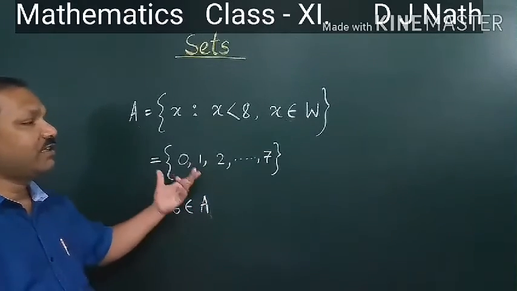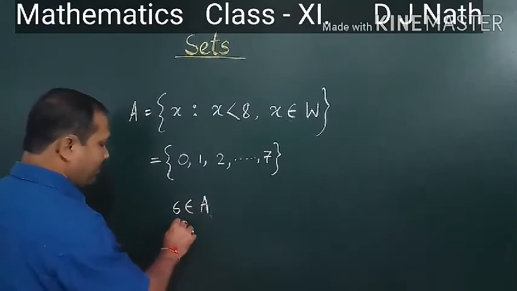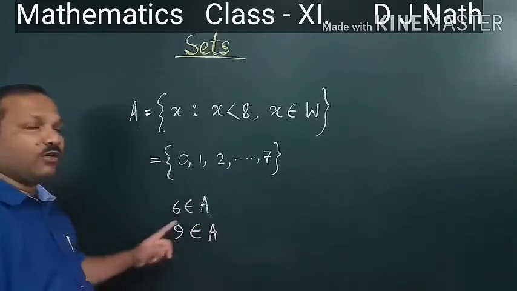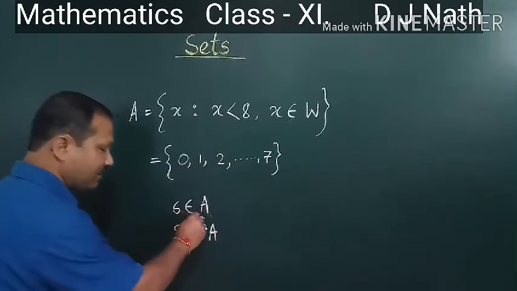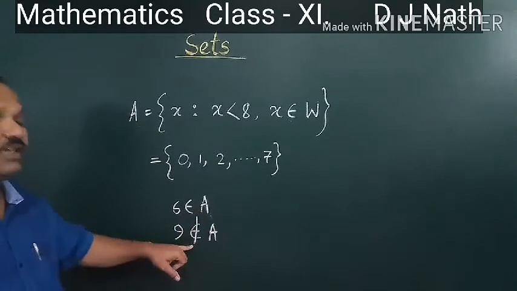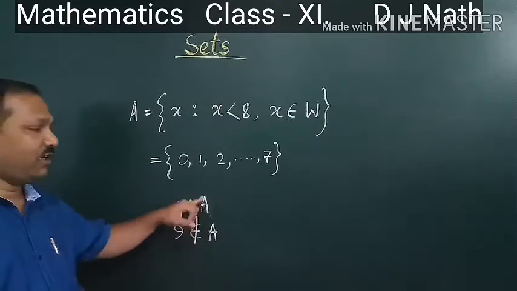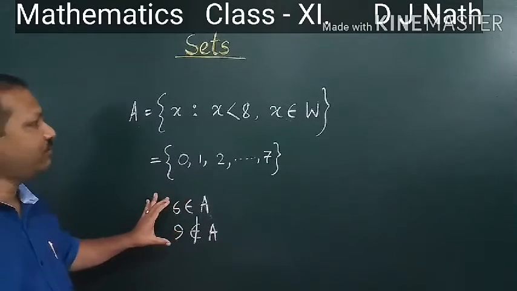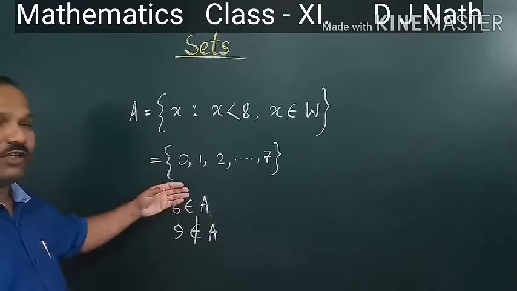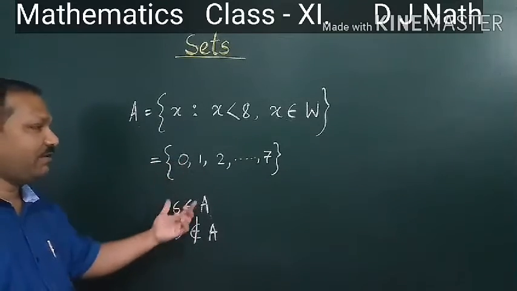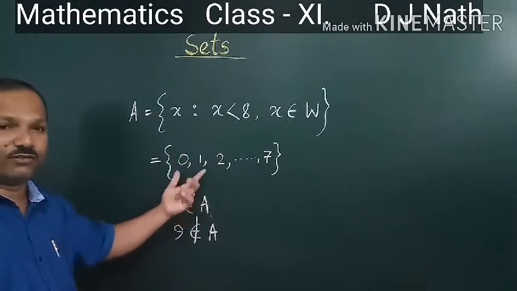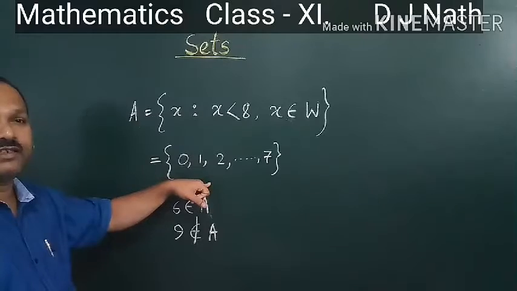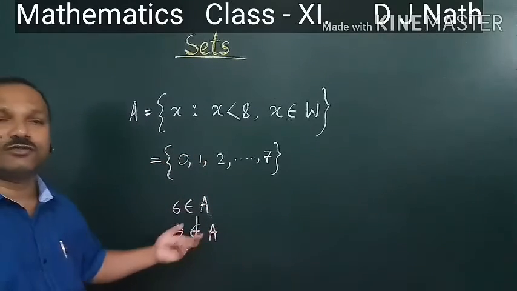And for does not belong to, if I ask whether 9 belongs to A, can we write belongs to A? No, 9 is not an element of this set, so it does not belong to. We can cut the symbol like that. So it is called does not belong to. Belongs to and does not belong to. So these are the ones in question number 2. I hope you have understood what is belongs to and what is not belongs to. Belongs to means that the element must be contained in that set, then it belongs to that set. And does not belong to means the element is not contained, not present in this set, and it does not belong to the set.